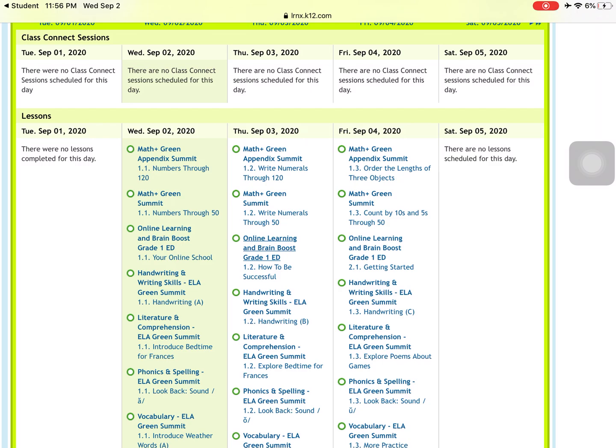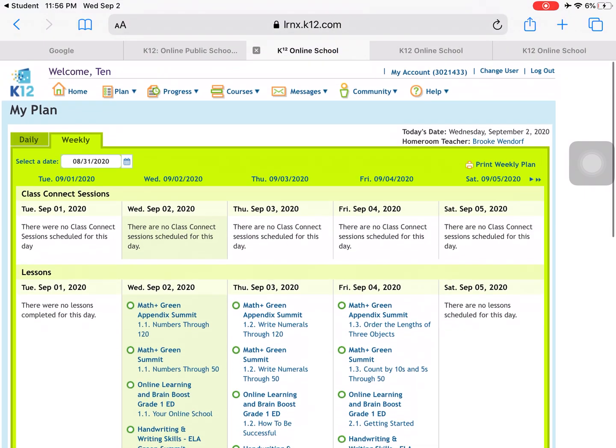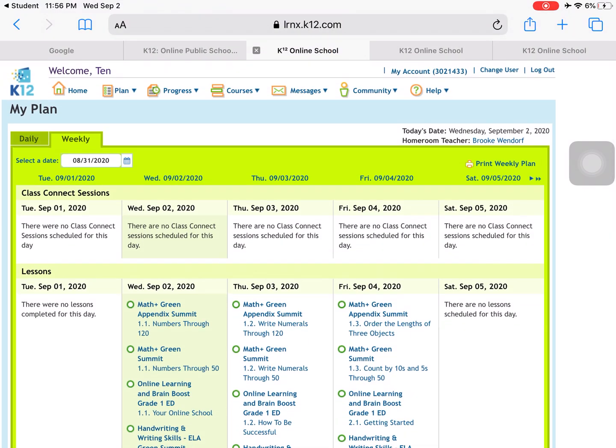If you don't want to print things off, you can just write your writing or write your math on a piece of paper. Kind of just draw it out and take a picture and send that to me that way, okay? I'll be making some more videos on how we're going to submit work and things like that in the upcoming days, but we're just going to kind of take baby steps right now and get just used to the program and how it looks and how it runs. Please let me know if you have